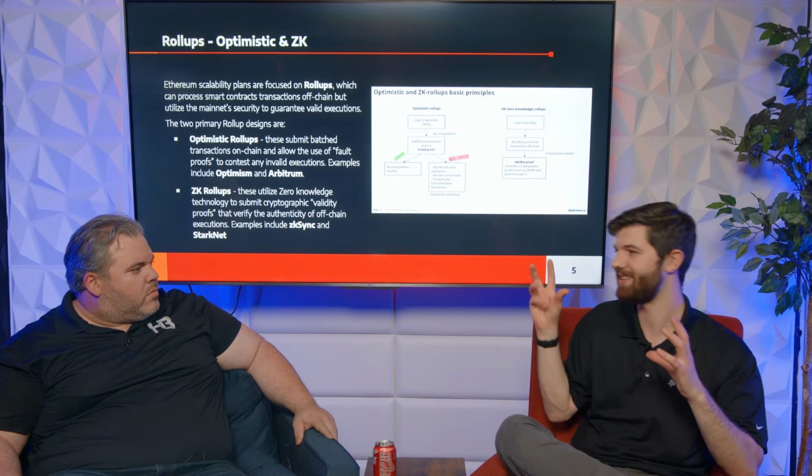And then ZK Sync is actually trying to build a rollup that is going to be fully supporting smart contracts for Ethereum, which is more difficult to do because you have to make Solidity contracts work with this crazy math proof. But if you can get that, then you have a great platform because you can take smart contracts that work on Ethereum today and have them run on this zero-knowledge rollup with that great scale and security.